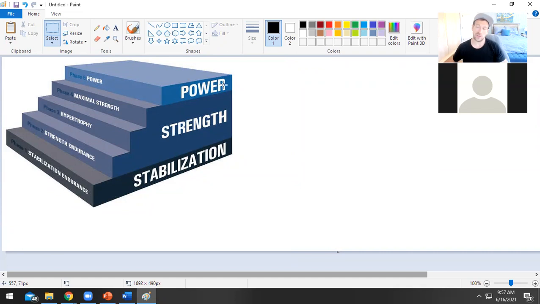Instead, what we are going to do is have a description of how this works. So clients who are in the stabilization level, or clients who are in level 1, are going to get drills that primarily focus on one intended direction. I need to take this out further, actually. Sorry, I'm just setting this up here. There we go.